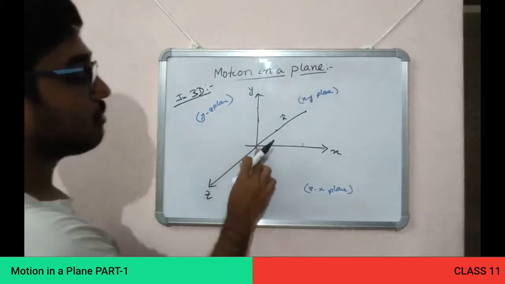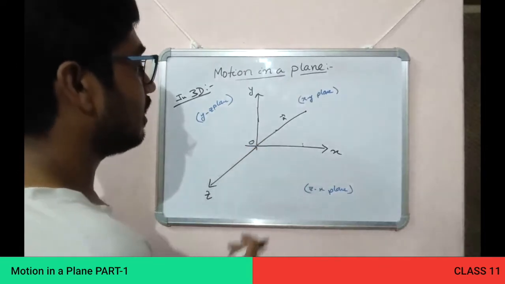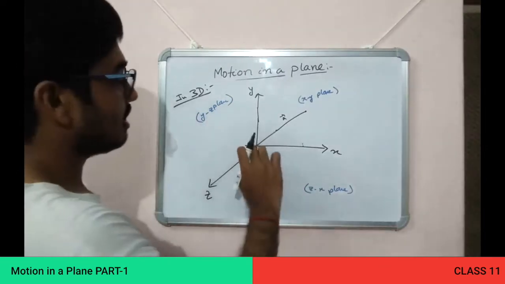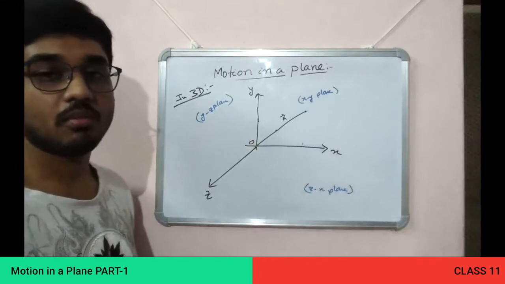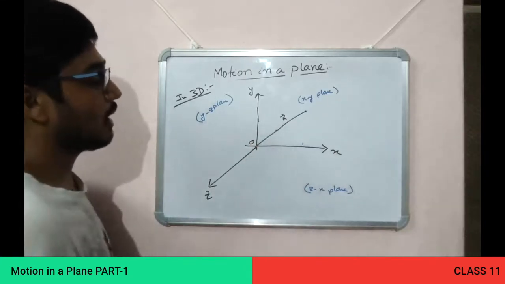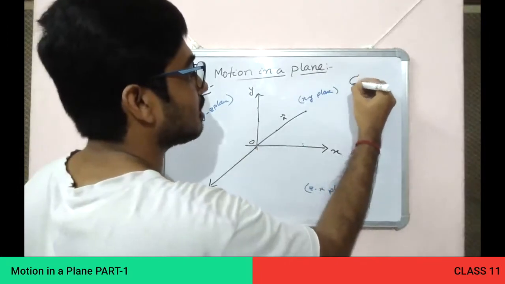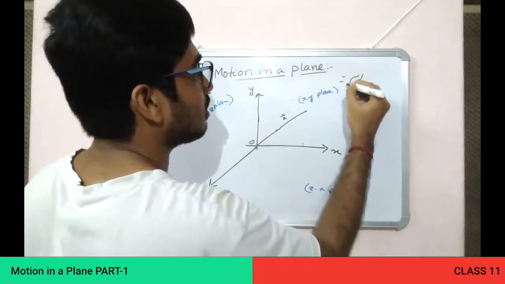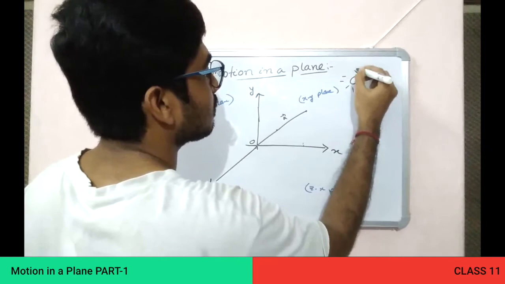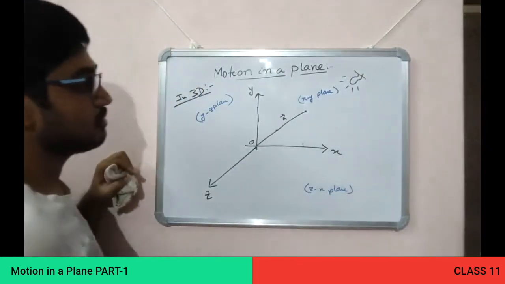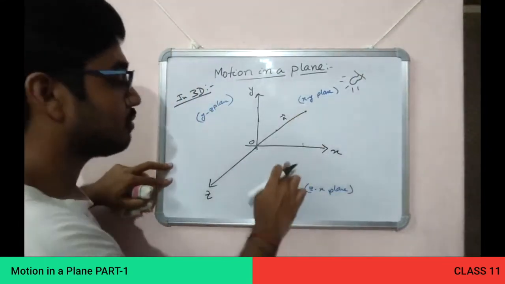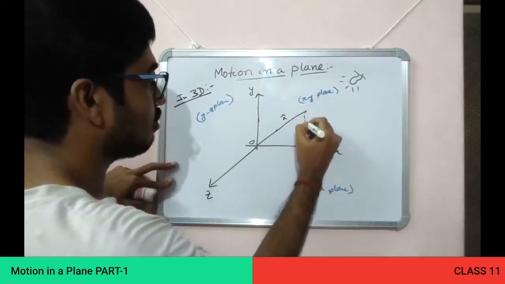Suppose this is the corner of your room and you are holding a stick A from the corner of your room, and there is a light illuminating from the ceiling. So it will have a shadow or projection over